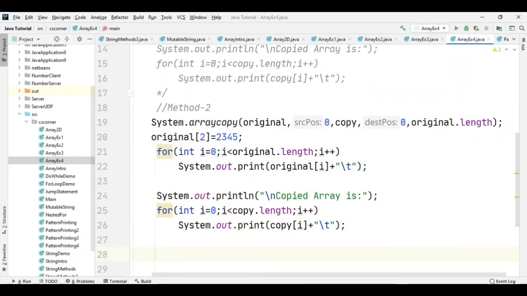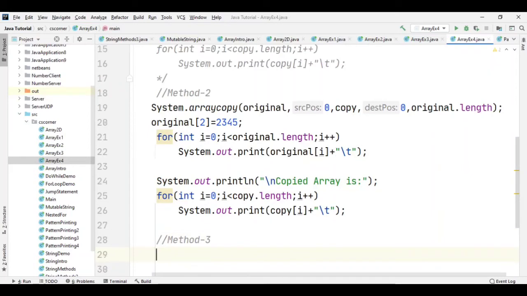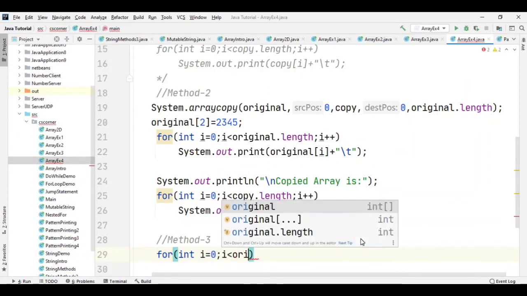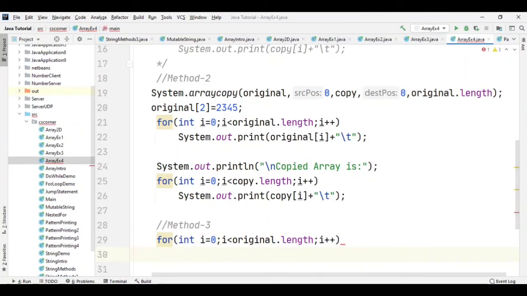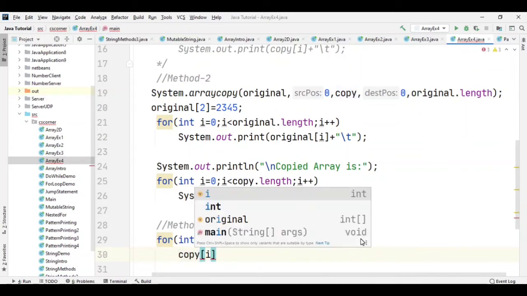Now next I'll show you one more method where you can write the logic for copying your values. For that, you just have to run one for loop. So for int i equal to 0, i less than original.length, since my source array is original, and then i plus plus, and a single line will do my job of copying one array into another array.